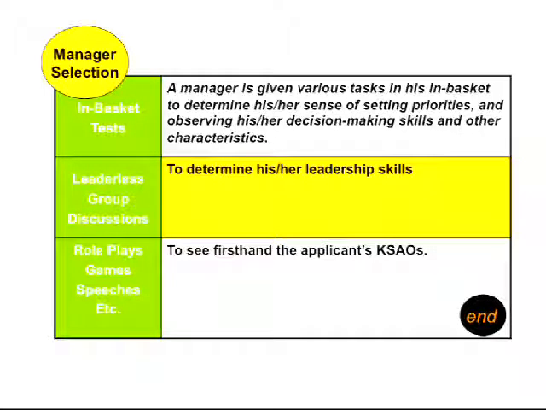Sometimes when you are having selection activities for people such as managers and executives and so on, some activities beyond the interview are good to do, to back it up. In-basket tests, as I talked about previously, are a good example. You basically give several scenarios to a person and observe how they handle those scenarios, how they make decisions, and what skills they use to solve the issues. For example, one of the problems in the basket could be that you